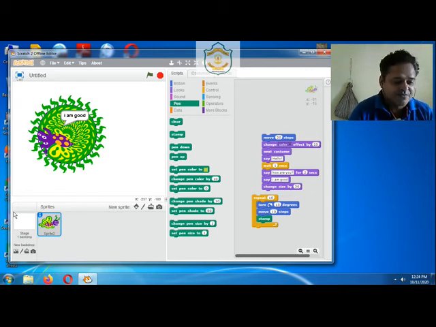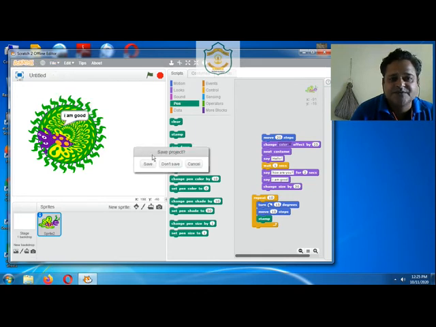Now our next section is adding sound. Yes, we can add sound to our project. So in order to do that, let's clear all this, so it will be easy for you to understand.